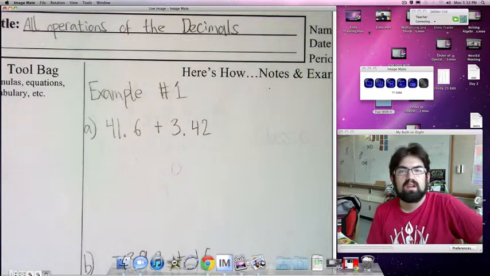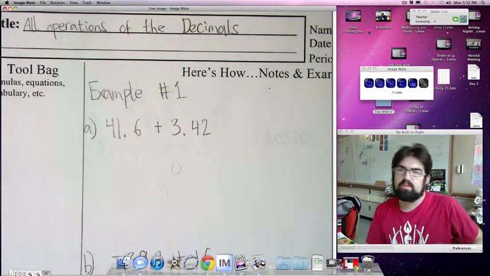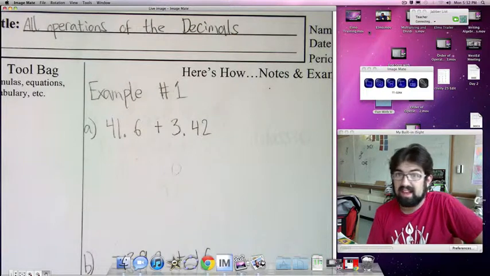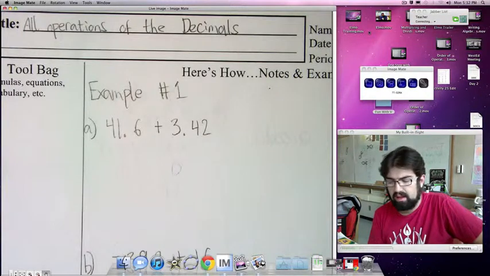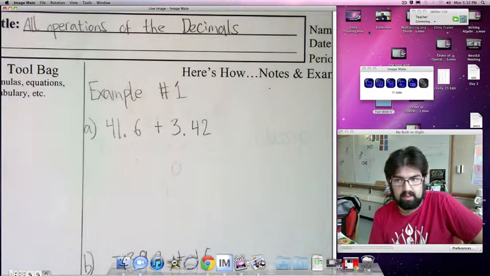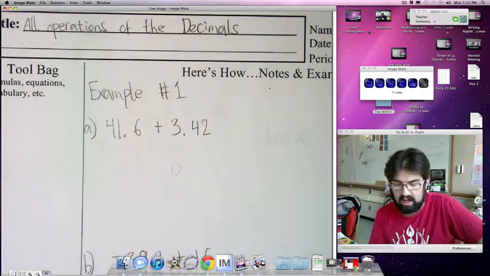Hi, this video is going to be on every operation having to do with decimals. Adding and subtracting, multiplying and dividing, and that's basically it. So we're going to jump right in. The first set of examples, I know this is example number 1, but it's 3 parts to it, are basically